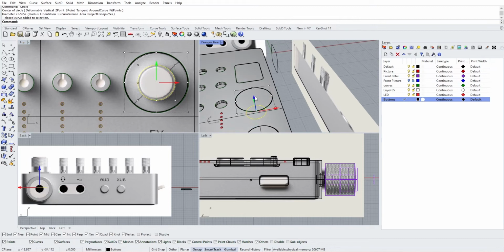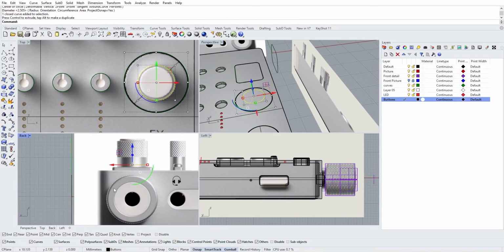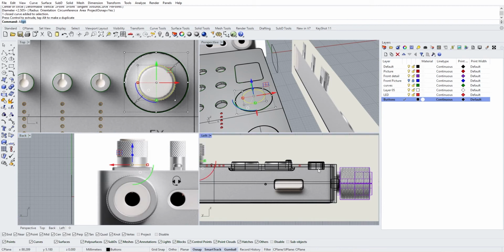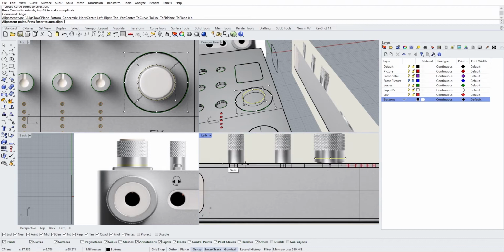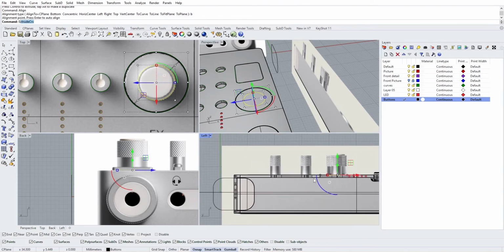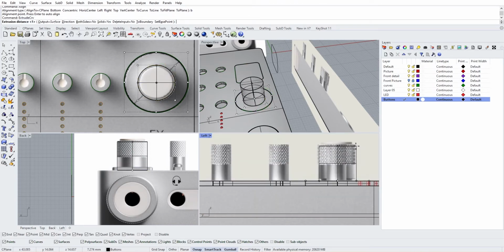And then you can align it with the top here. So align it with the top of the object. Extrude it here